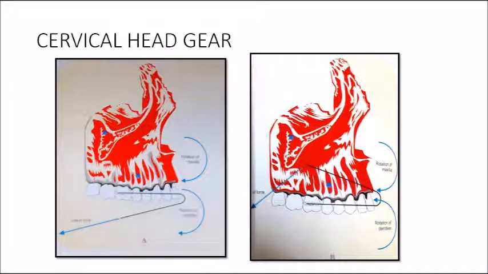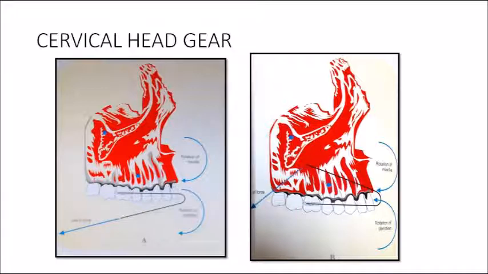So, same as what we have seen before, the line of force and its relation to the skeletal tissues is the same here. But here the line of force is above the center of resistance of the dentition. So, what happens is that the rotation of the maxilla will be in the clockwise direction, similar to what we have seen before. But the rotation of the dentition will get changed because here the line of force is passing above the center of rotation or center of resistance of the dentition. So now here the dentition will be rotating in an anti-clockwise direction.